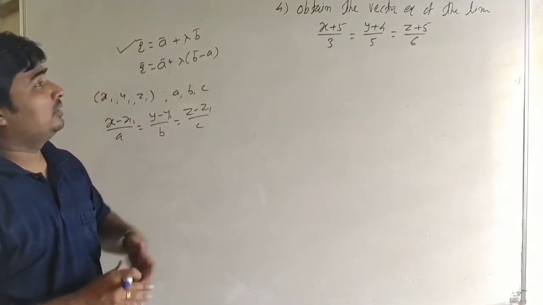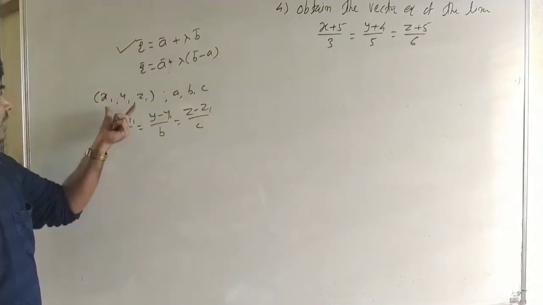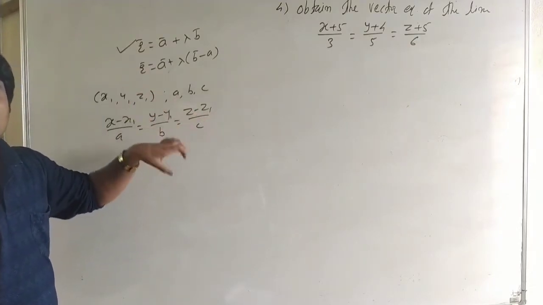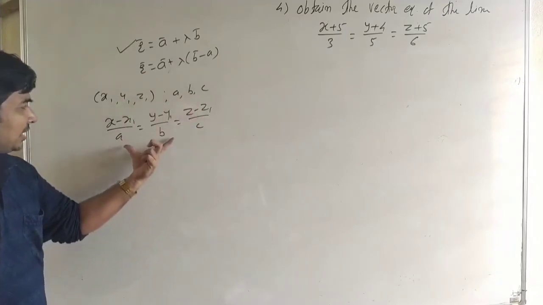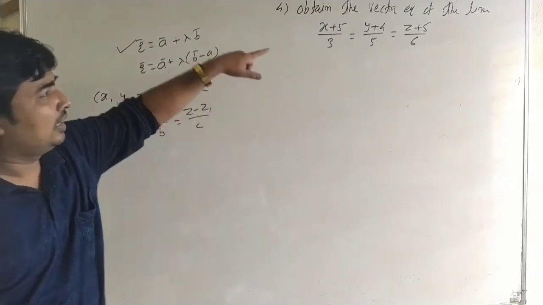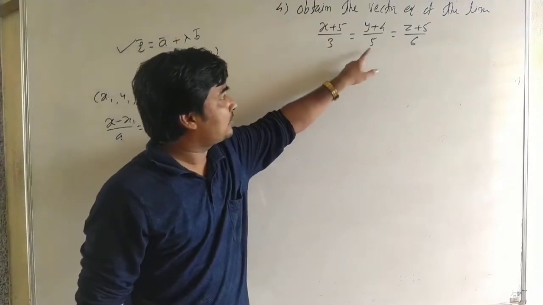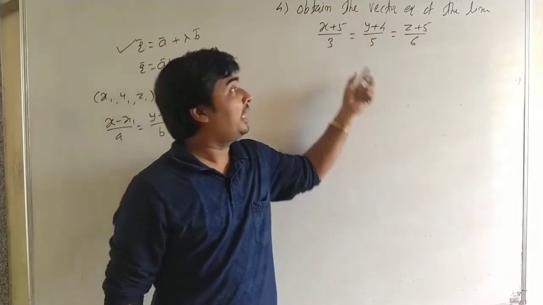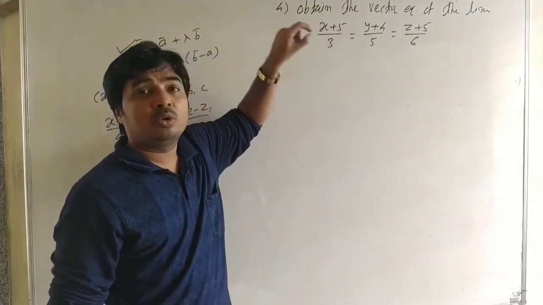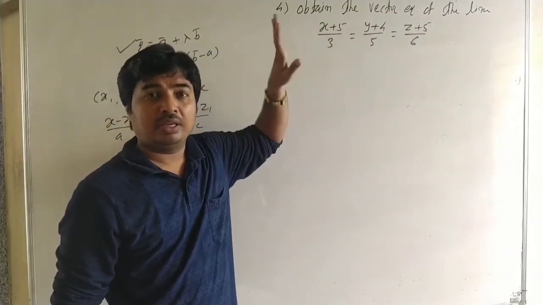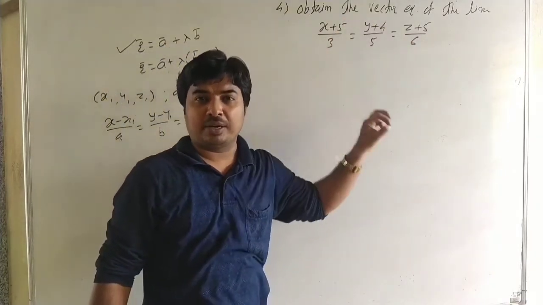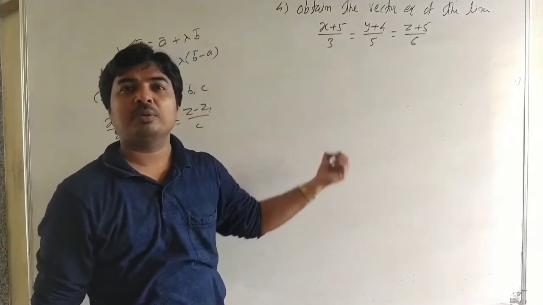Here the equation of the line is given in the Cartesian form. The line passes through the point (x1, y1, z1), the point A, so we take the position vector a bar, and a, b, c are the direction ratios. That means the direction ratios are the components of the parallel vector. Therefore the parallel vector is b bar equal to 3i cap plus 5j cap plus 6k cap, and the point is (-5, -4, -5). Here are the coordinates of the point the line passes through, and we know the vector equation r bar is equal to a bar plus lambda b bar.